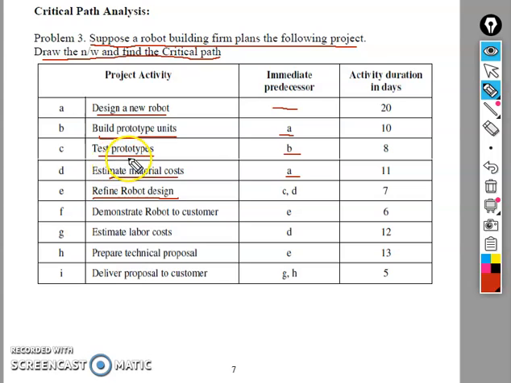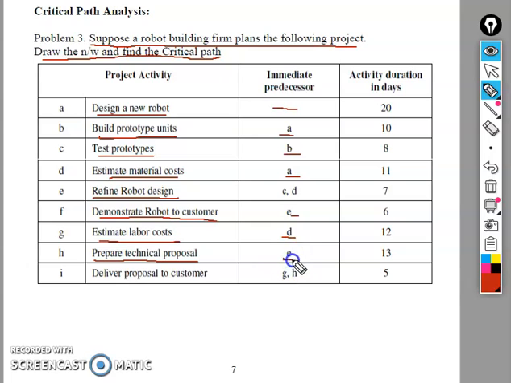That means test prototypes and estimate the material cost. Demonstrate the robot to the customer: in that case E is the immediate predecessor, which means you have to complete refine robot design. Estimate the labor cost: here the predecessor is D, the estimated material cost. Then prepare technical proposal,